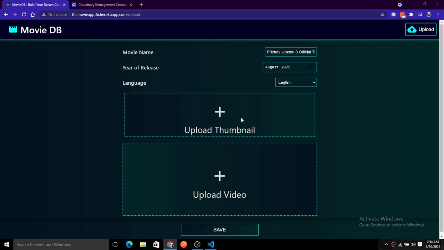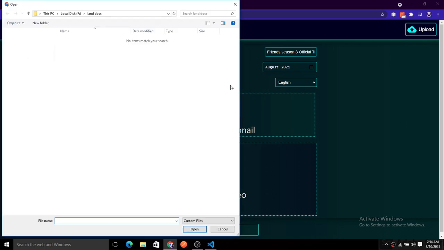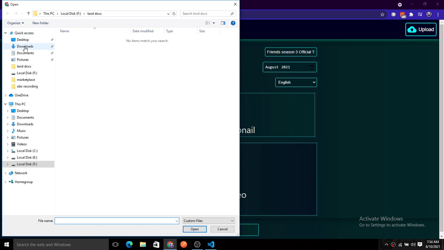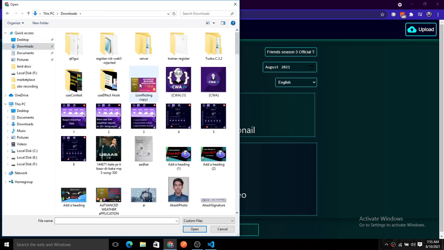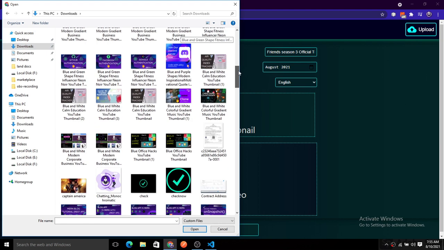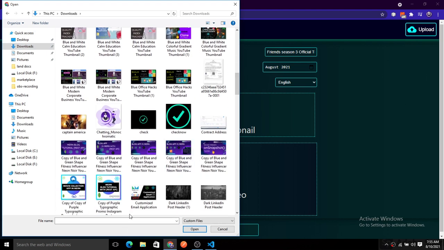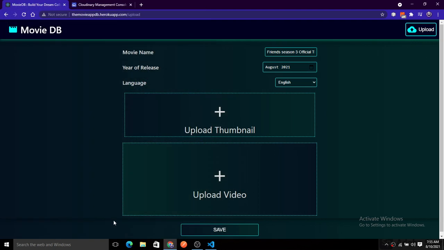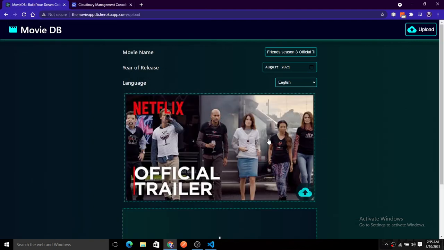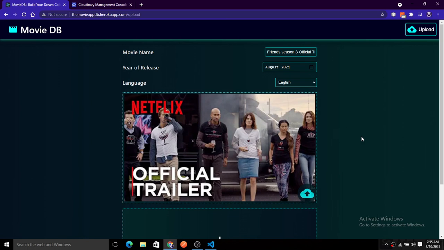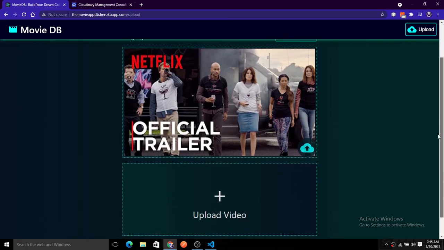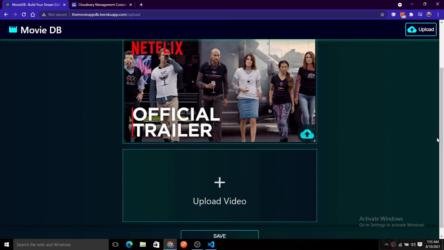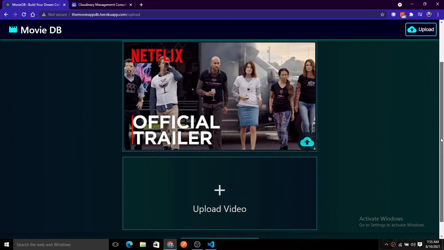So when you select the thumbnail, you can see the preview of this. So that is a very important thing if you are building an application, and you simply see the thumbnail and put the thumbnail and see the things there, so that will be very important. So you can see here the thumbnail is rendered when I select the image, the preview of the thumbnail here. So it just gives us a nice UI or nice view of the things.